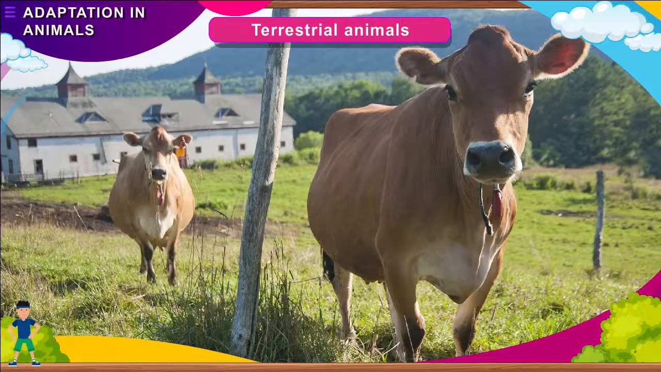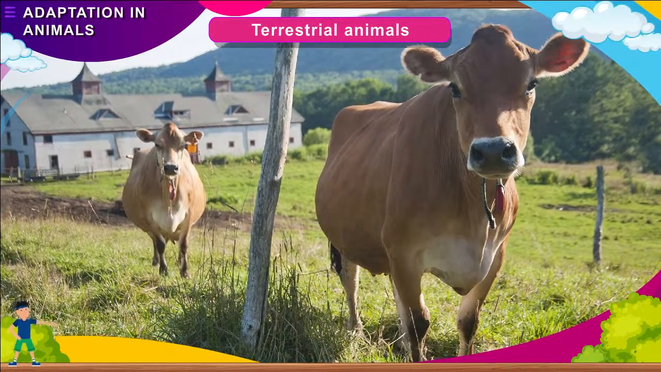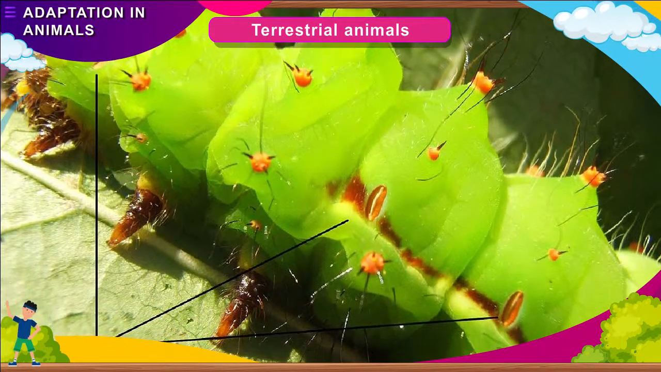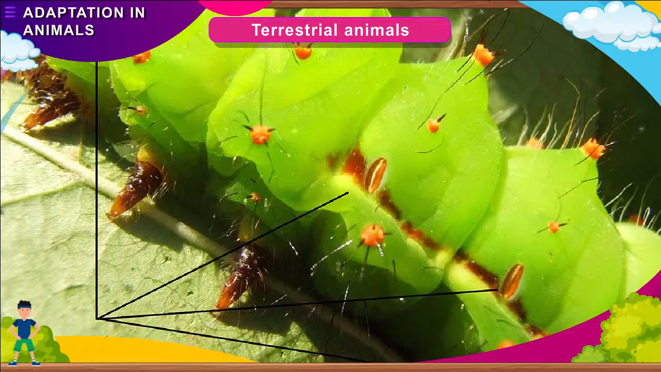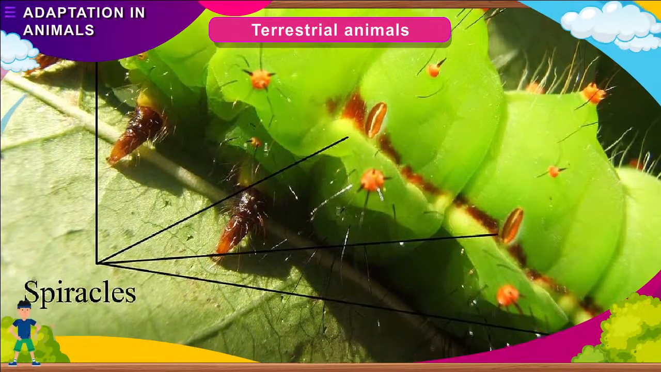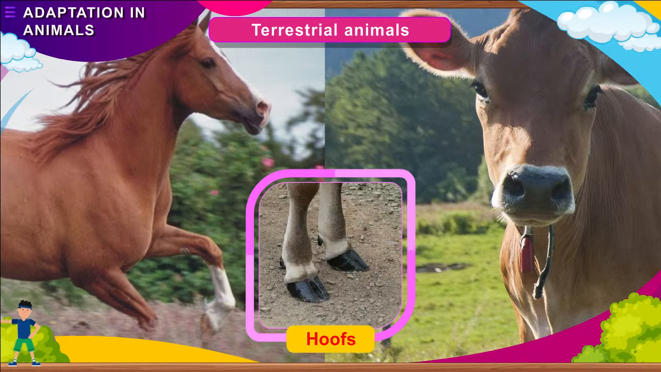They also have sense organs which help them to know changes around them. Insects do not have lungs. They breathe with the help of air holes called spiracles present on their body. They have teeth which help them to eat food. Grass-eating animals like horses and cows have toes in the form of hoofs which help them to move on the